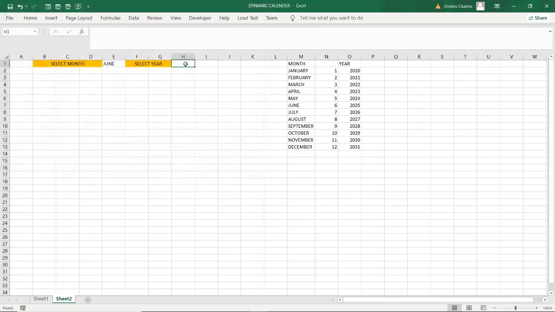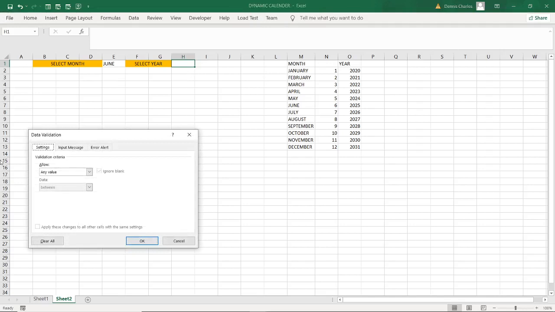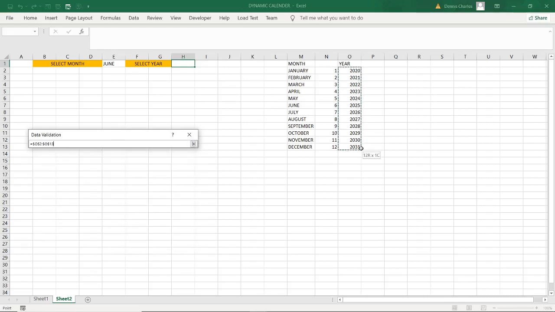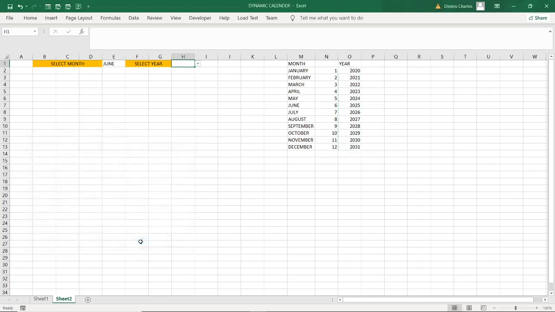It should appear. That is Alt D L. Yes, it has to bring the values here. Alt D and L brings it here, so that you select now it's a list, and then you continue. You select the data source, up to that, then you click OK. So you will have your drop down arrow with all the months.